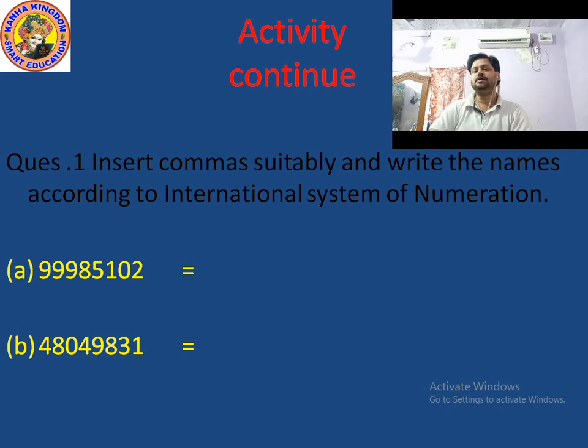I already taught you how to insert the comma in the international system, and after inserting commas suitably you can read properly. So here are also two parts. The first part is